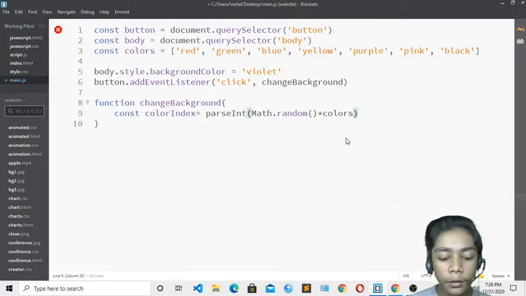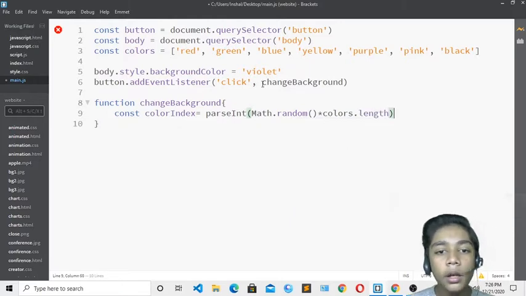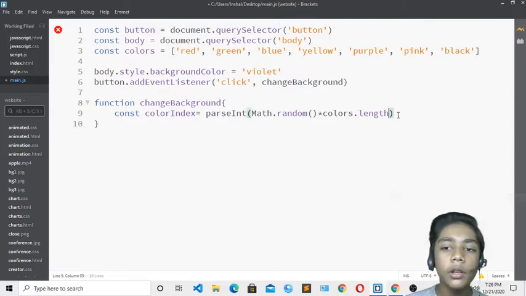When you have done that, write dot length over here. We also have to define the length, but it is just good because we have written background color, so JavaScript understands that it is changing the background color, and you don't have to define the length. You only write length over here because it is important to write. Length is the same for every background color, so because of that we don't have to define any length.